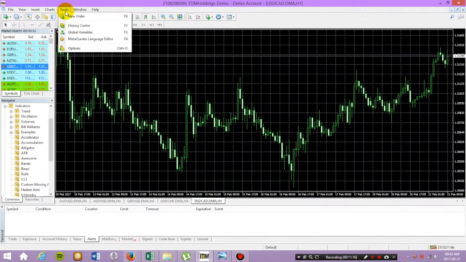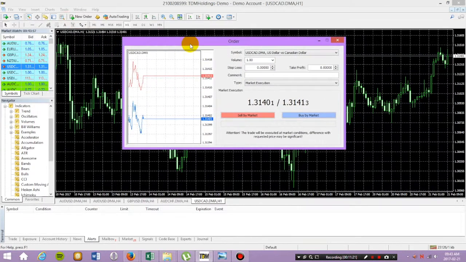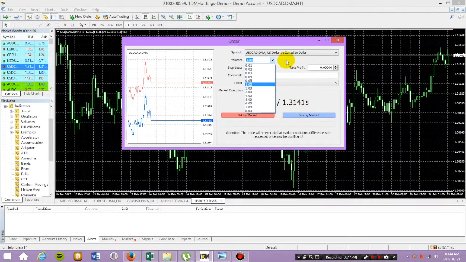So tools, basically, if you want to place an order, which is actually very important, you can't be trading without placing an order. You have your order window. We will be going through this actually in depth. We do have a video tutorial just dedicated to how to place an order. It's very important that you are able to distinguish between selling and buying. Now, it may sound simple to some people. For a lot of people, it's not. Not just do you need to know what selling and buying is, you need to understand volume. So we will be discussing all of these features in another video tutorial that you can find at our website,